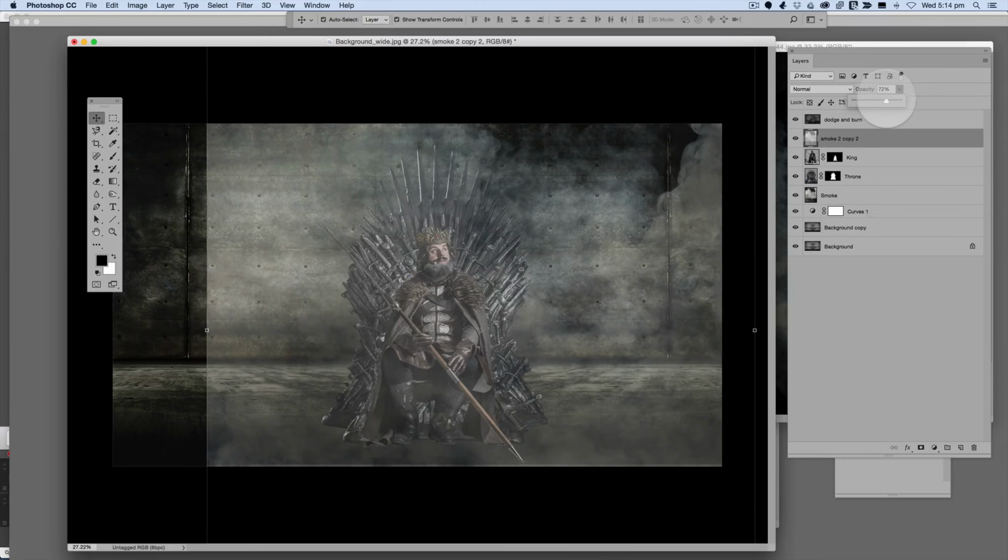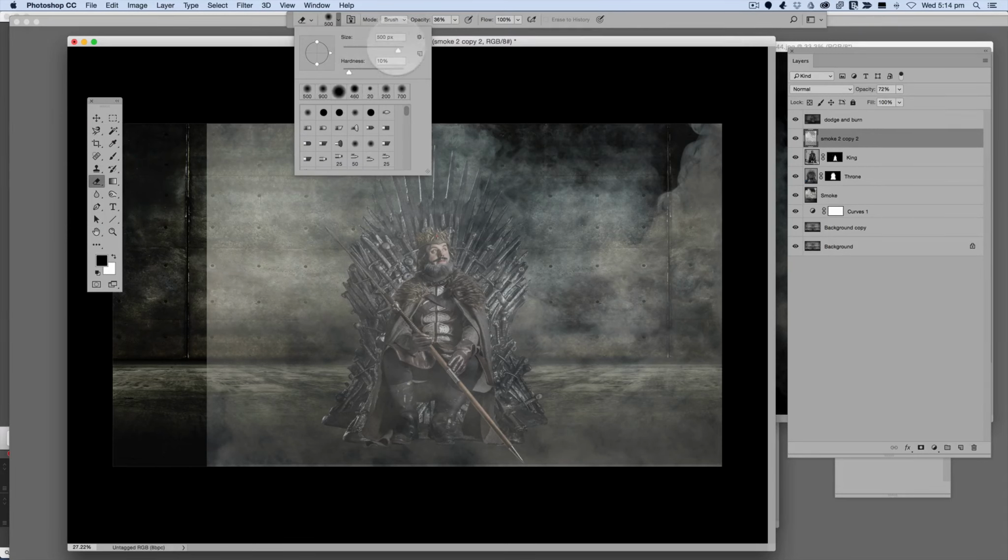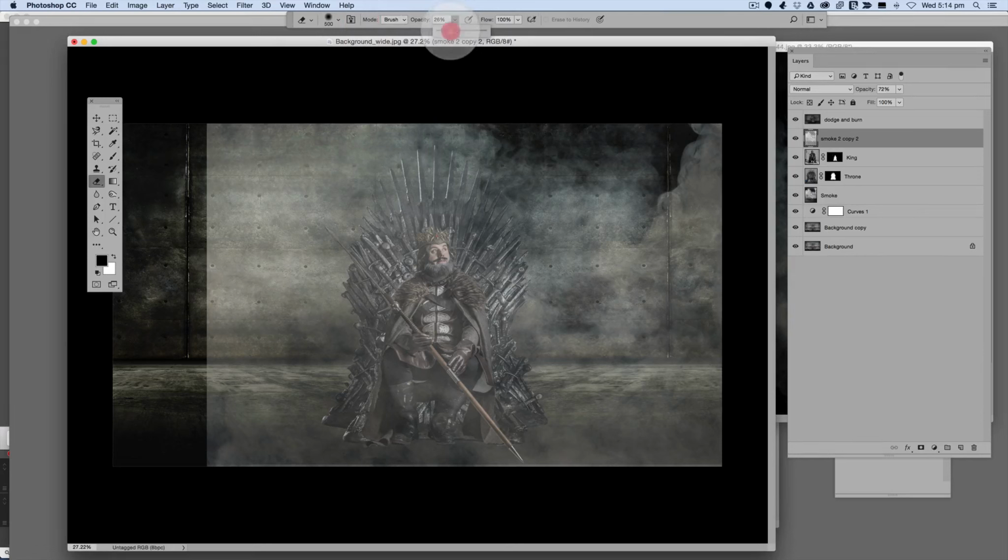I think I'll go about there. All right. And now what I want to do is get my eraser and just make sure that I've got a very soft brush, large brush, fairly soft. And I've got my opacity set quite low,